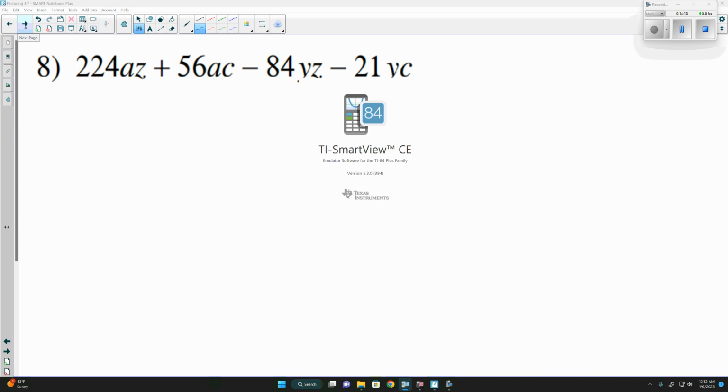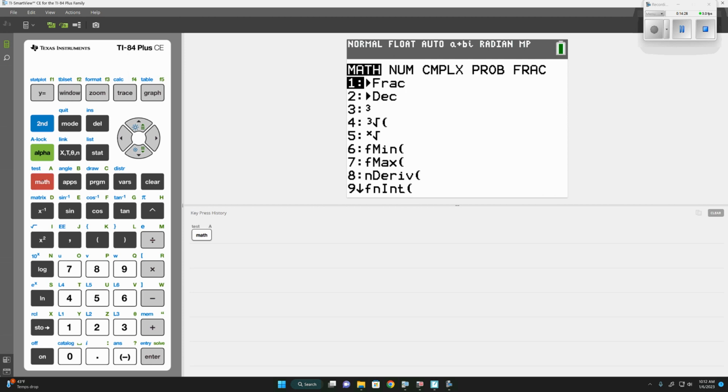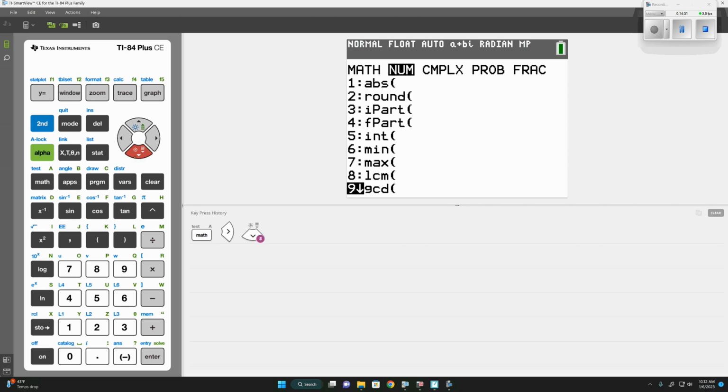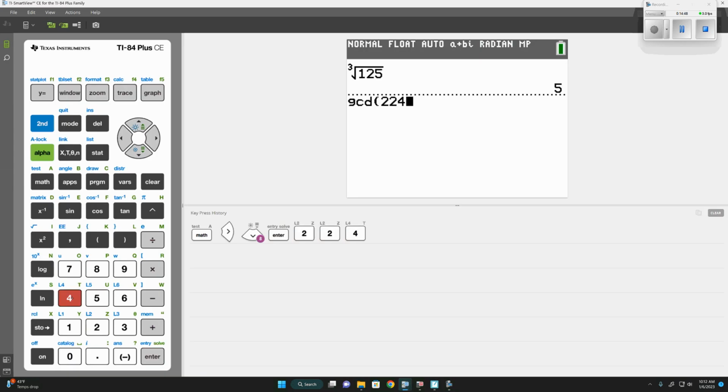I'm going to pull up the graphing calculator, because there's different ways to find greatest common factor. One of them is dividing both numbers by a certain number and seeing does it work out evenly. The graphing calculator, if you hit math and we go over to number, if you notice all the way down here, number 9, GCD, greatest common denominator, greatest common factor, we can hit this here. And our first two numbers are 224 and 4, comma,